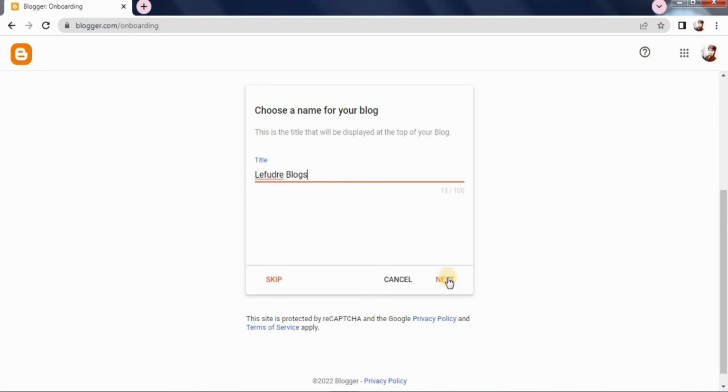After that, click on next, and now you need to enter your website address, which is also known as domain name. So I'm gonna enter here Lefudreweblogs. After writing, this will also show you whether this blog address is available or not. Once you get the right name, click on next,